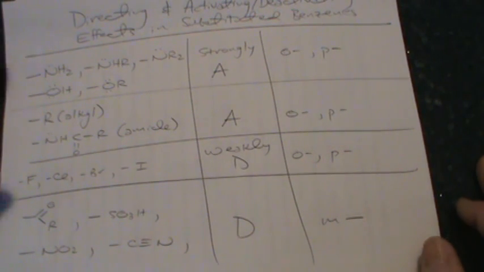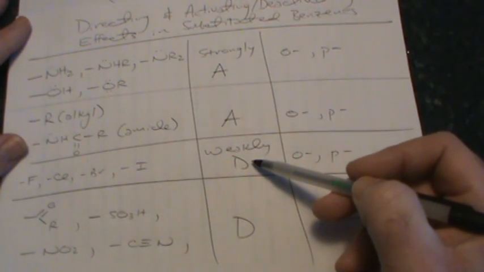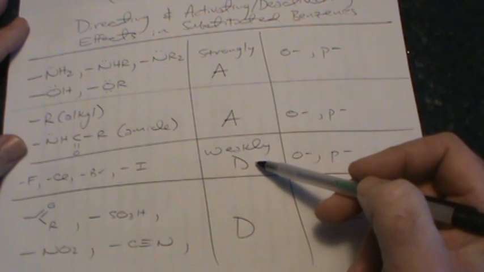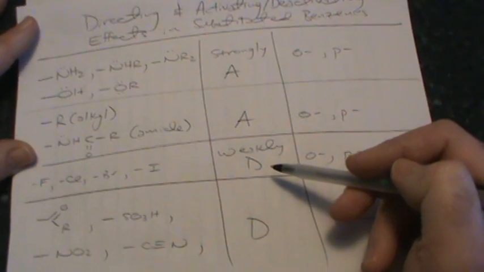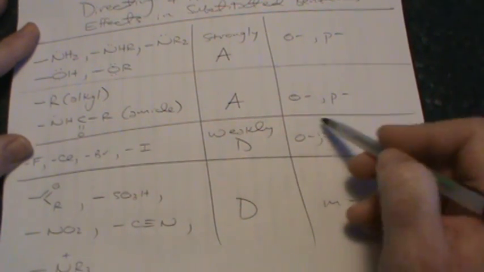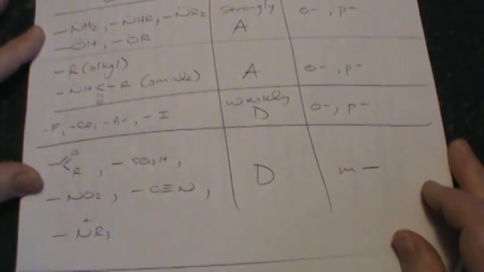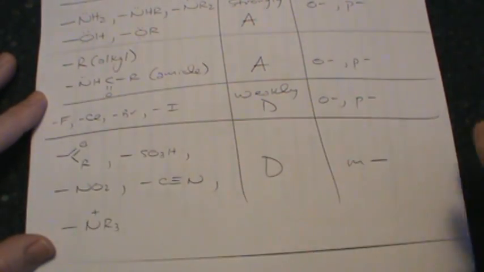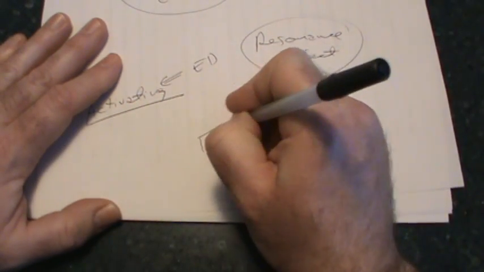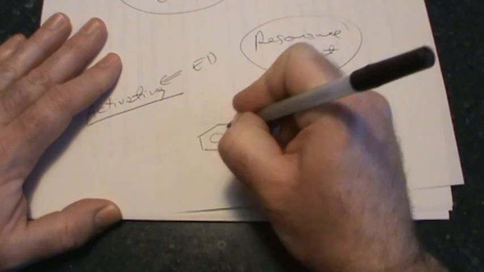So the halogens really are the oddballs. They can't decide whether they're activating or deactivating. In the end, the inductive effect wins out barely, only because they are amongst the most electronegative atoms on the periodic table, but nonetheless it is still an ortho-para director. Now in the case of the deactivating groups, we don't have to worry about such things. In fact, if we go back and look carefully at nitrobenzene, which we examined earlier in class,